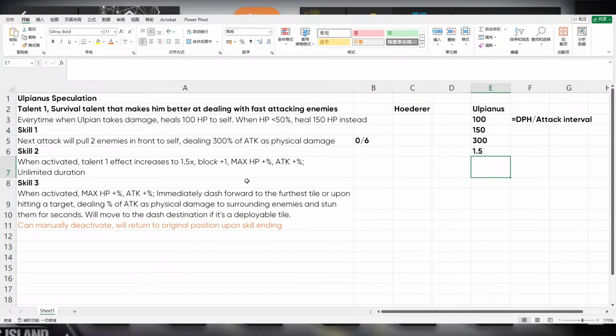And then max HP increase and attack increase. Now, unlimited duration. So AFK skills. If we think about Holderer, I'm just going to pull up my Holderer reveal. What was his DPH with skill 2 again? Guys, time to remember. Let me pull up my own stats. So Holderer skill 2 has 303,034 DPH with